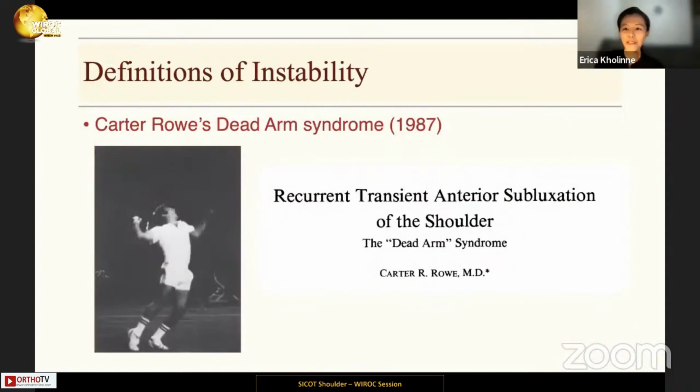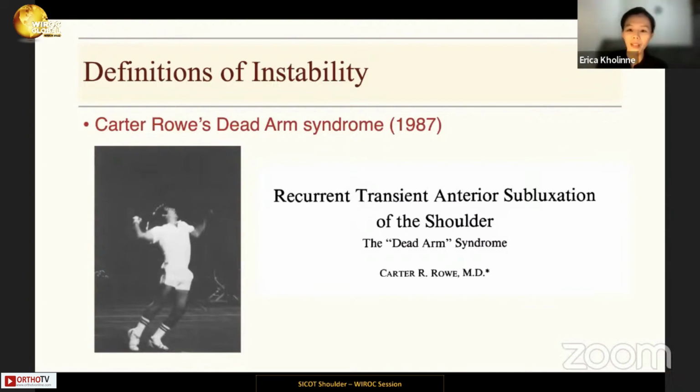Another very popular definition in 1987 was the dead arm syndrome by Dr. Carter Rowe. Looking at his paper, many of his patients were aware that their arm was slipping, others were not. But Dr. Rowe considered all of those patients to have instability and performed an instability surgery to treat them. This picture is very typical, showing a very typical position for elevation and external rotation in which the arm goes